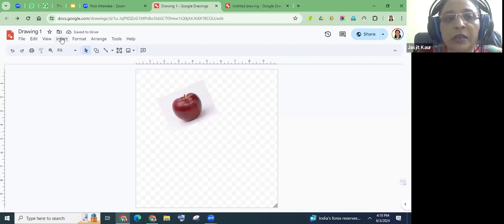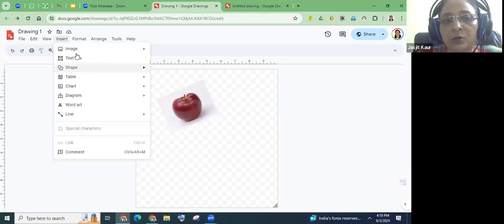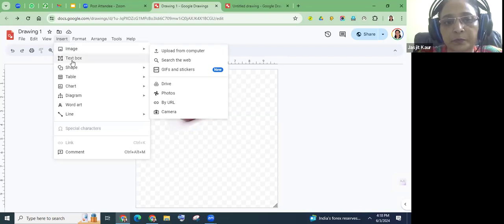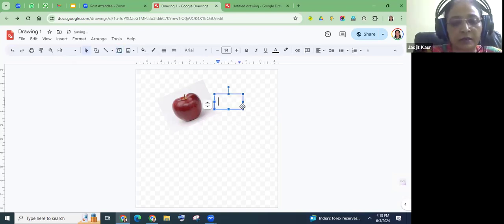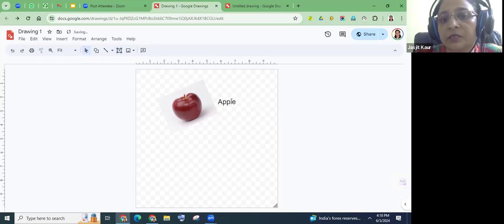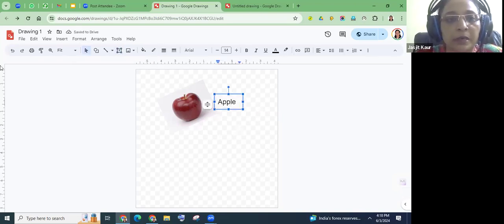Now, if you want to write something with that, click onto the text box, and we can slide it. We can write it as an apple, and we can paste it like this. Apart from that,